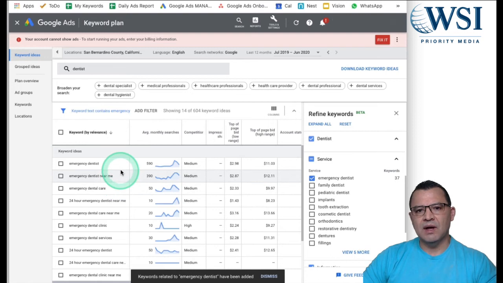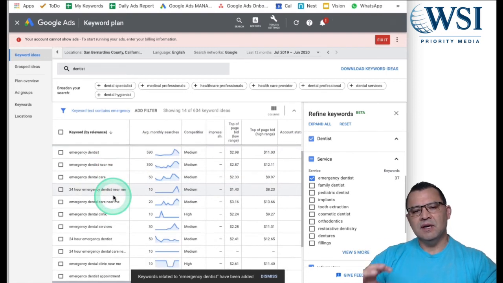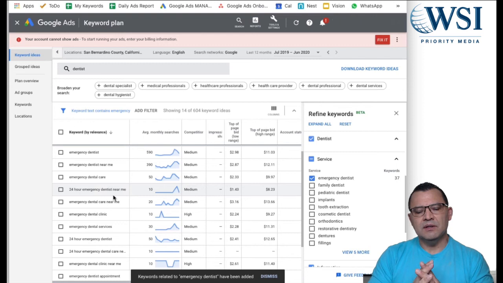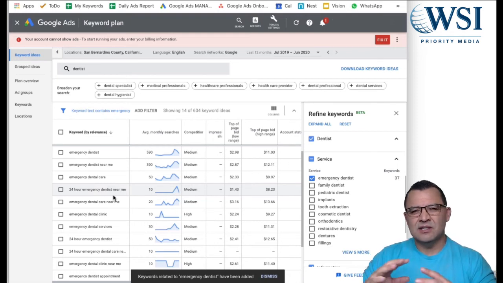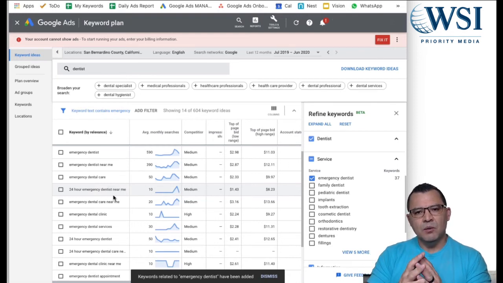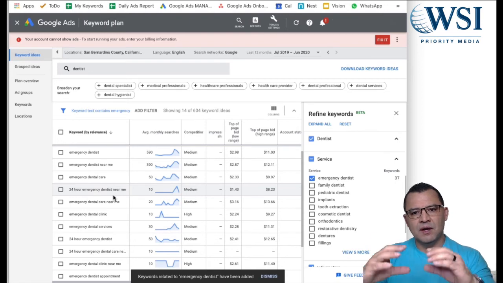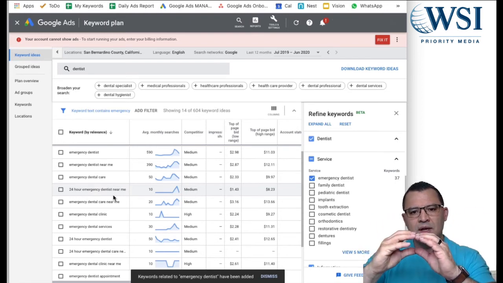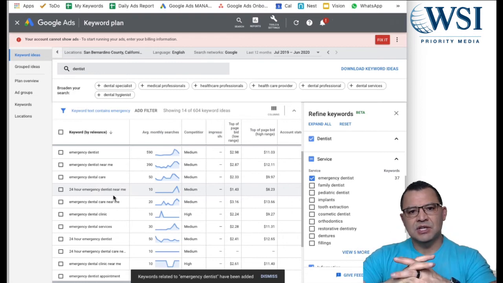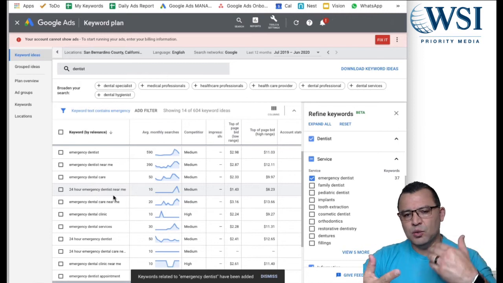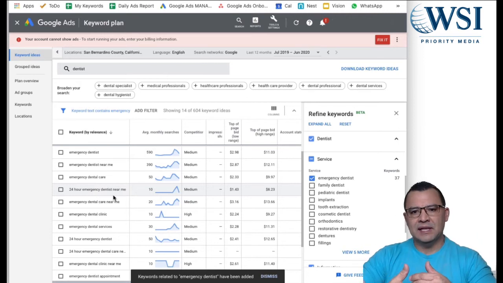So you want to run a campaign and you want to keep those ad groups separate. You don't want to talk to somebody broadly, right? The same as you would teeth whitening, emergency dentist is a whole different campaign. And so whenever they're searching for you, you want your headlines and your site link extensions and all of that information to be talking about emergency dentistry, 24 hours, we can see you quickly, no appointment needed, whatever that might be that's related to emergency dentistry.